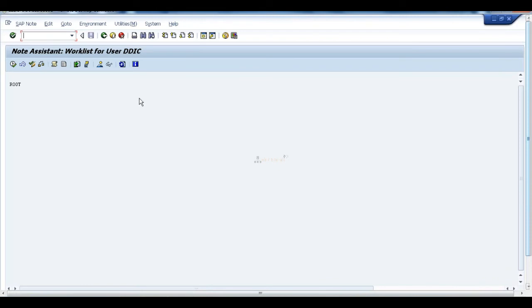In SAP Note 1, I have some dependency SAP Notes, Note 2 and Note 3. Then it will automatically download the required dependency SAP Notes. Got my point? It will automatically download and implement them.